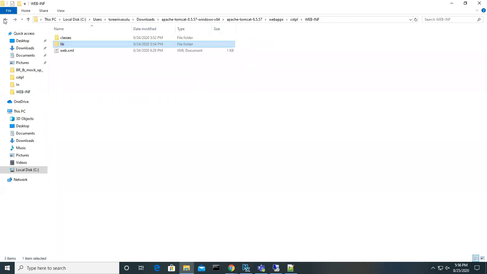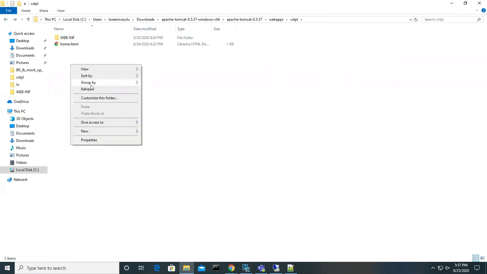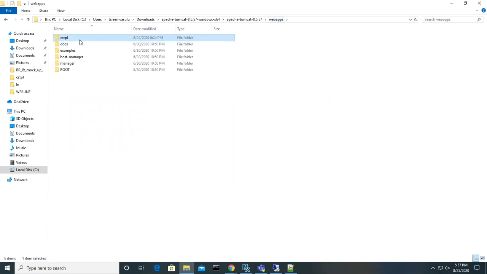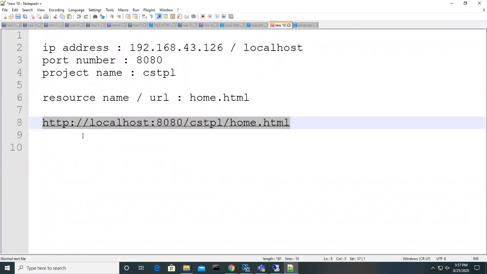Fine. So this is the structure which was discussed yesterday: the project name CSTPL, WebINF, classes, lib and all. Now let's start with IP address, port number, and all, right? So what is HTTP, hypertext transfer protocol.